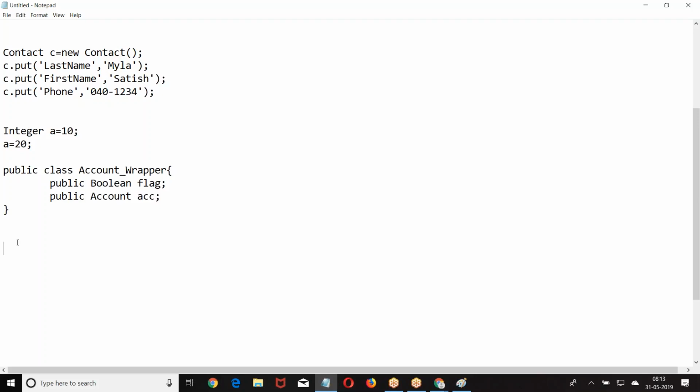Now, when I say row one, AccountWrapper, one dot flag is true or false. In row one, the flag is true or false. One dot ACC is the account in row one. Are you getting my point?